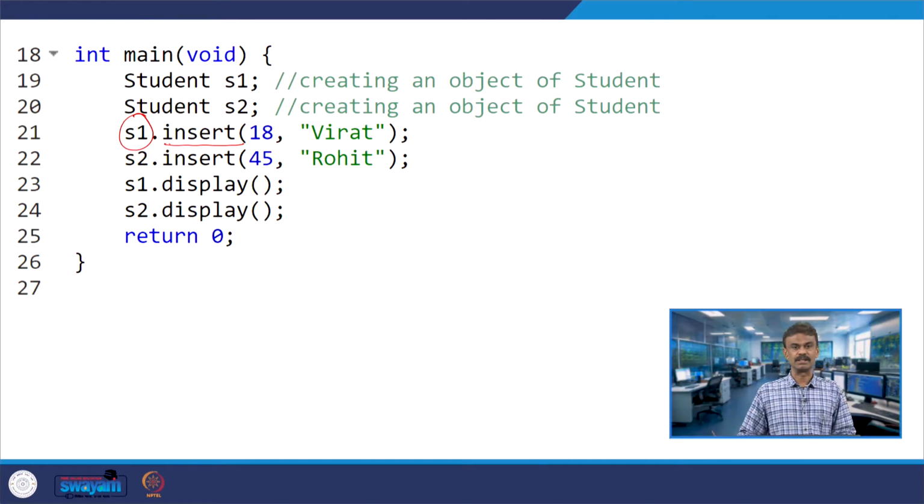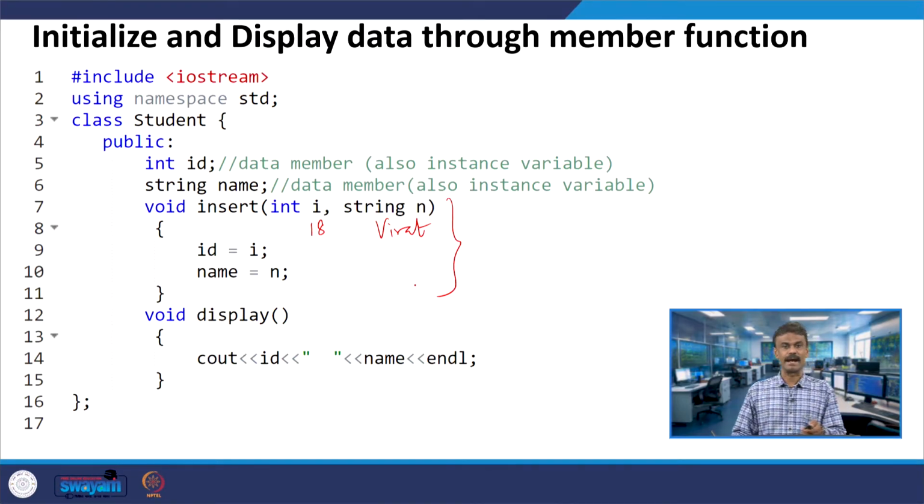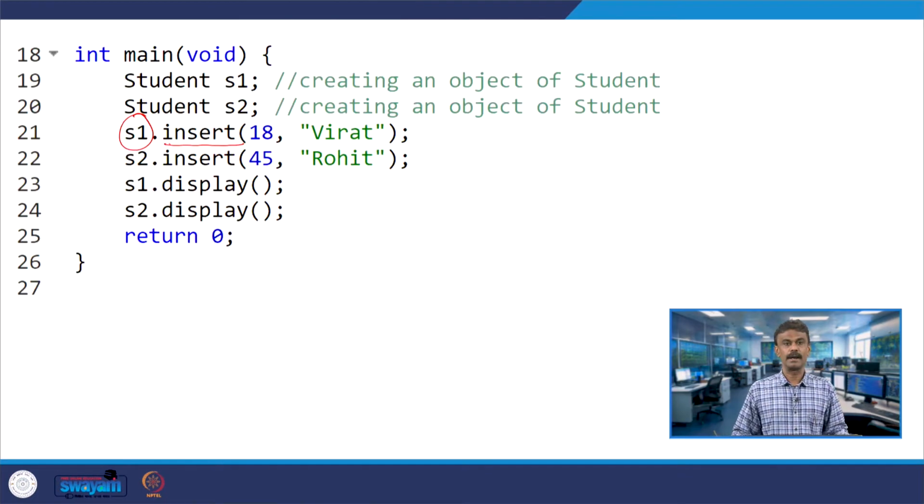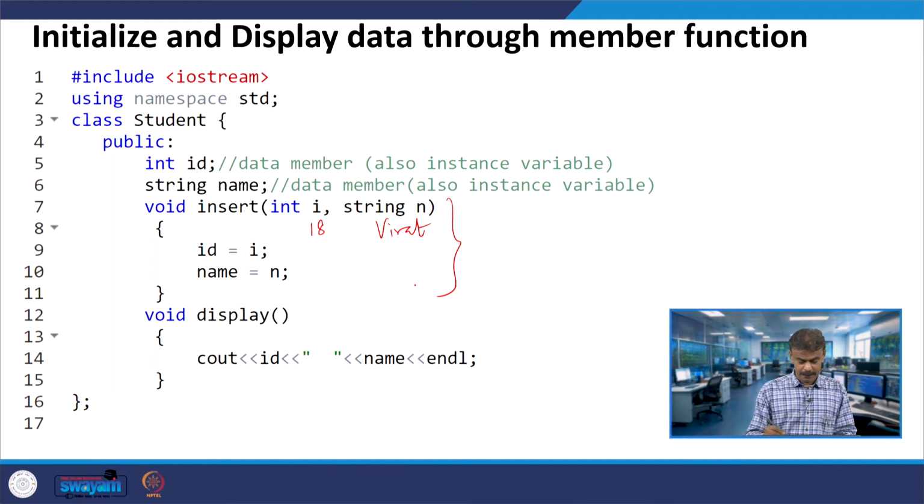When you are calling this function on object S1, S1 dot ID will be 18 and S1 dot name will be Virat. Another object, S2, is invoking insert again. Now ID is 45 and the string n is Rohit. The second object S2 is invoking insert; I will write the value for S2, the one I have written is for S1.